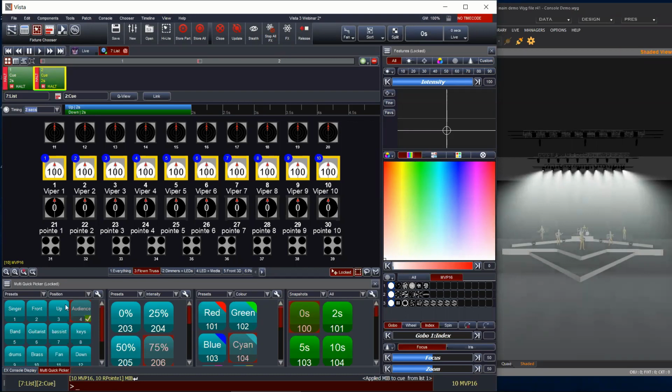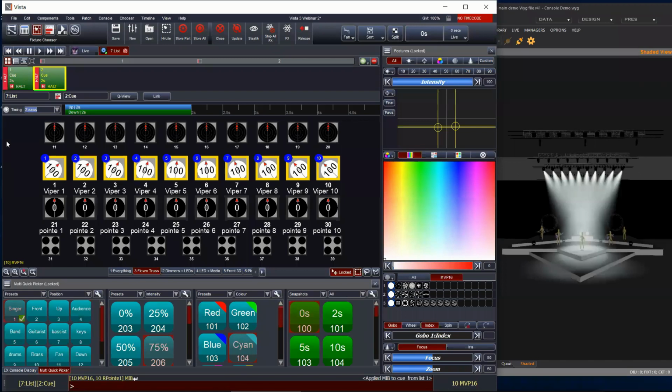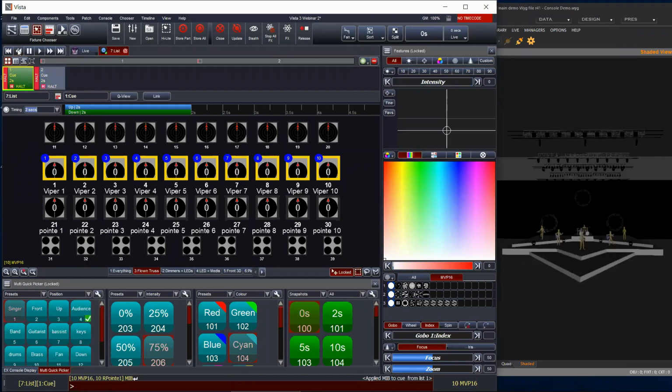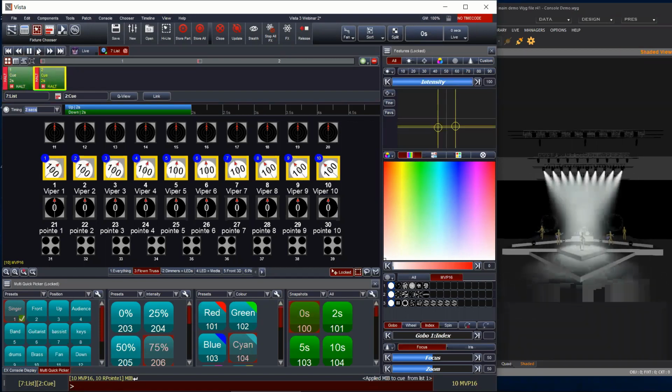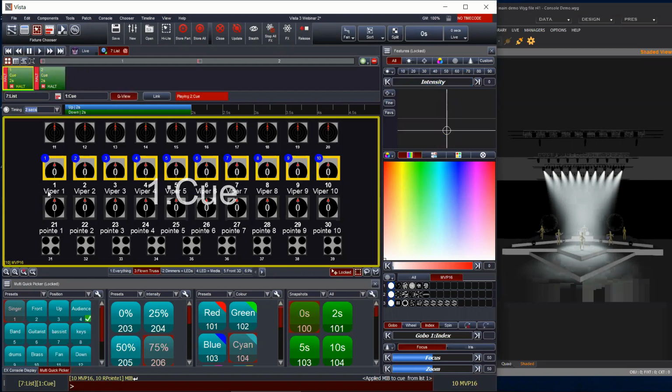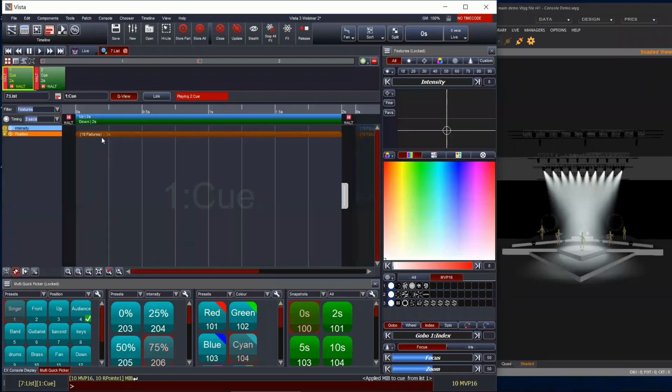The problem here is that if I decide to change this and put them on the singer, when I go back to this cue, they're going to start at the audience and then fade down to the singer. In this case that might be a nice look, but I don't want it that way. I want it to start on the singer. So I'd have to go back here and change that again. If I use that as a move in black instead,